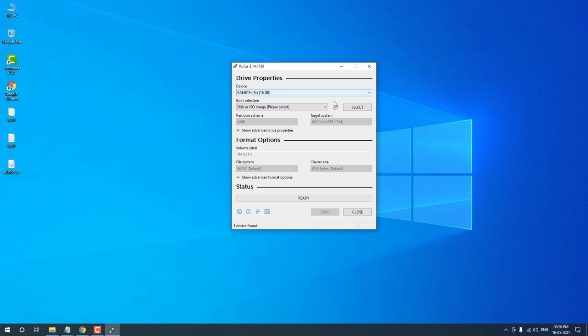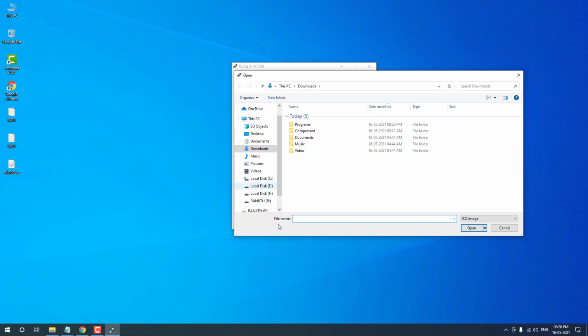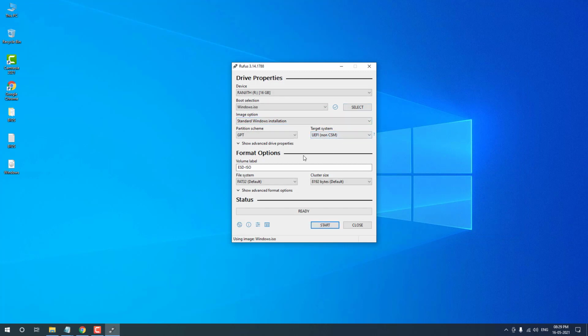After that, you have to select your Windows ISO file. You can use Windows 10, Windows 7, Windows 8, Windows 8.1, any one of the Windows operating system ISO files. For example, I have a Windows 10 ISO file on my desktop. Click the select button. It will open a window where you have to select your ISO file. Now I am going to select Windows. It automatically changed the partition scheme to GPT and target system to UEFI.